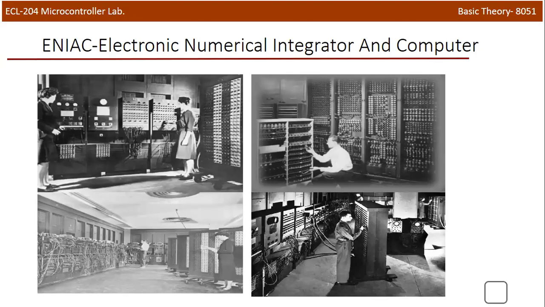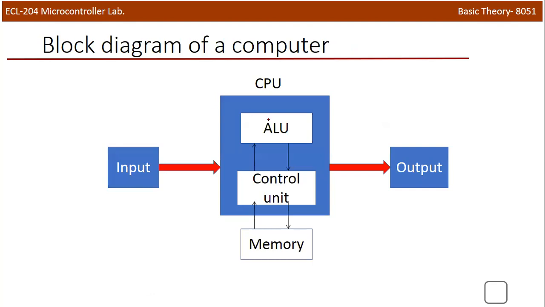So in this particular picture, you can see some electronic devices arranged in different rooms. Okay. So this is the first computer, considered as the first computer, and known as the ENIAC. Okay. Here you can see the different units of a computer. They are commonly known as ALU, control unit, input, memory, output. All these devices are arranged in different rooms.